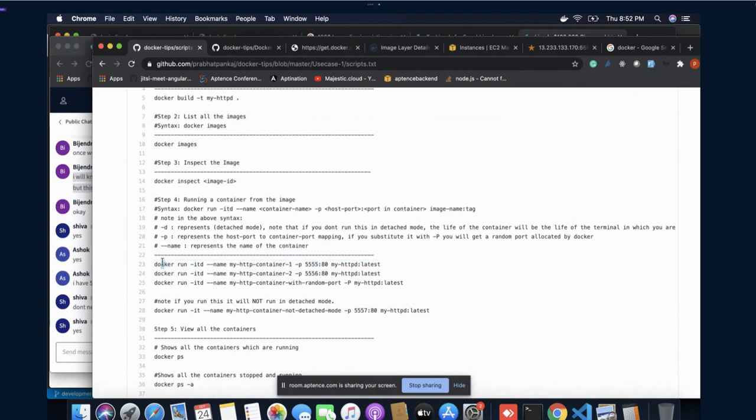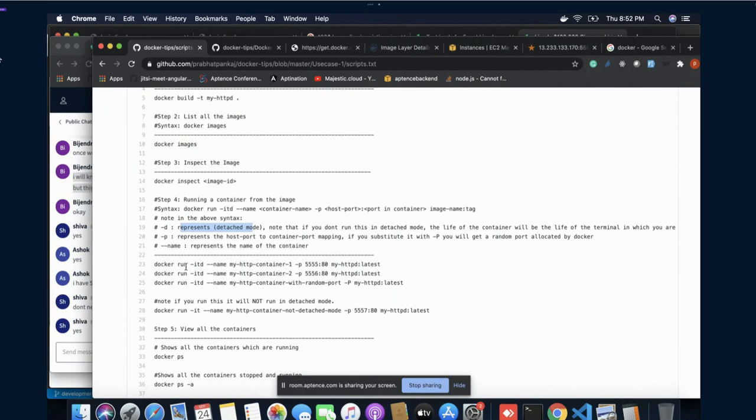So the first step is docker run -itd. I means interactive mode, T means terminal, D means detachable mode, and P means host port.